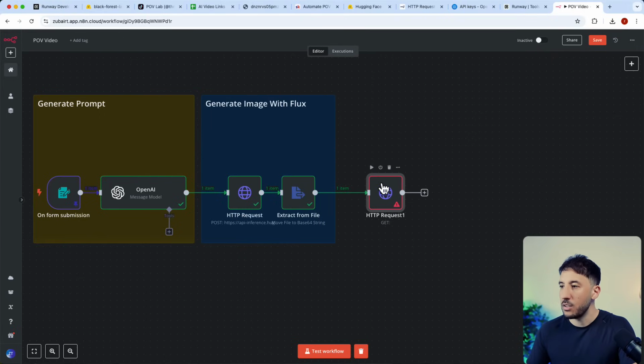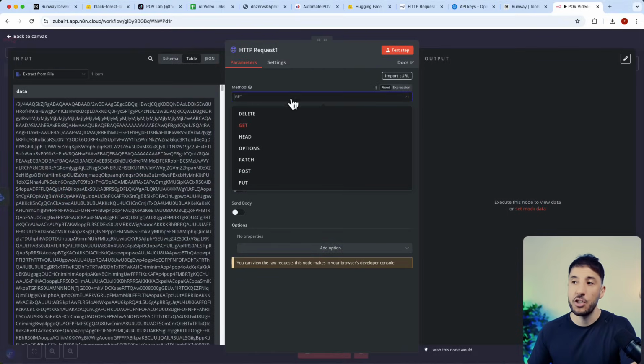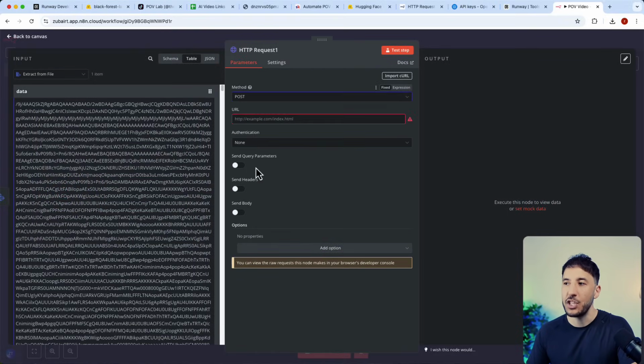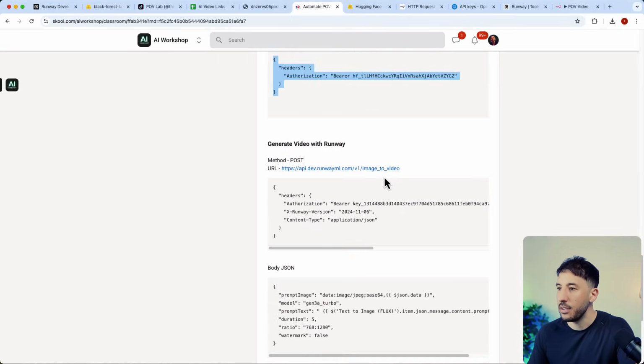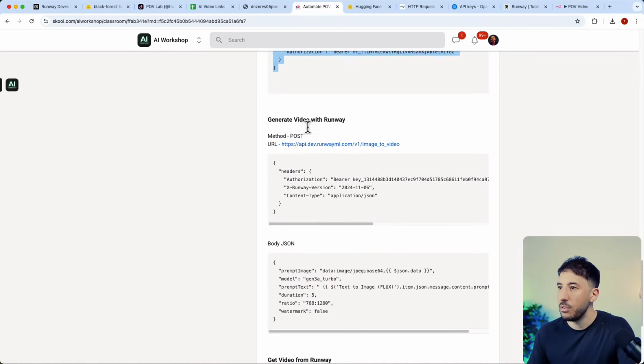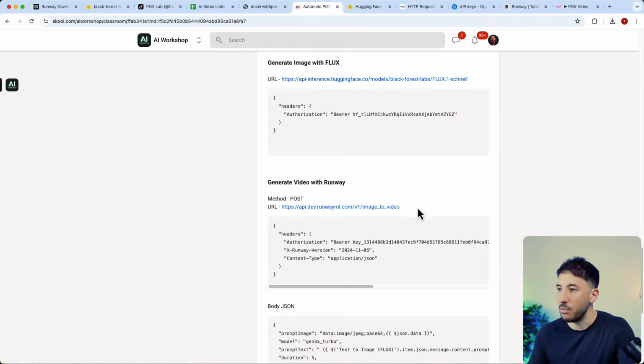Okay, so let's go ahead and double click on this, and we're going to change the method to post, because we need to reach out to Runway. All right, so for the URL, same thing, we're going to go to the community, come down here, generate video. So we're going to grab this URL right here. So method is going to be post the URL. We're going to copy this, come back,